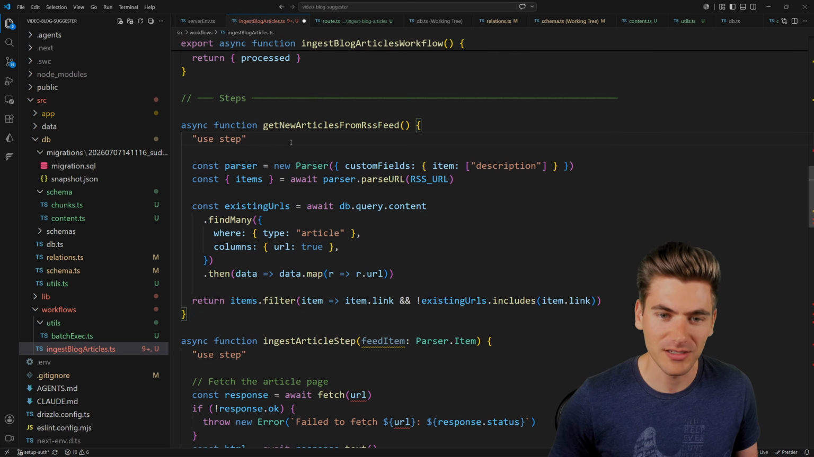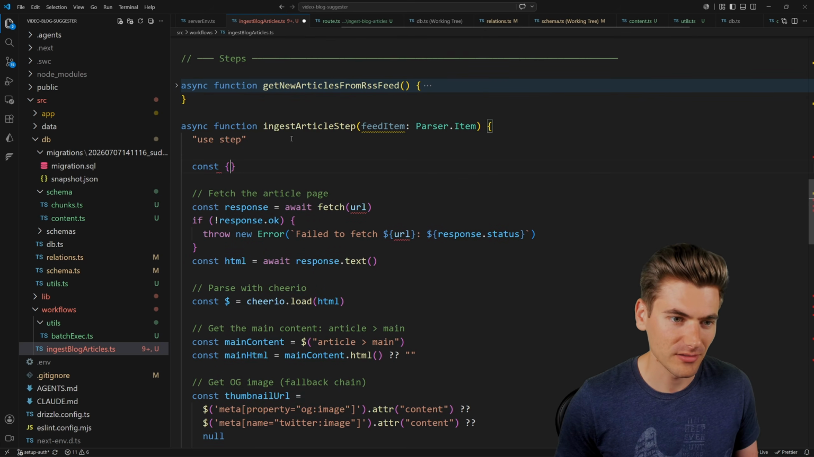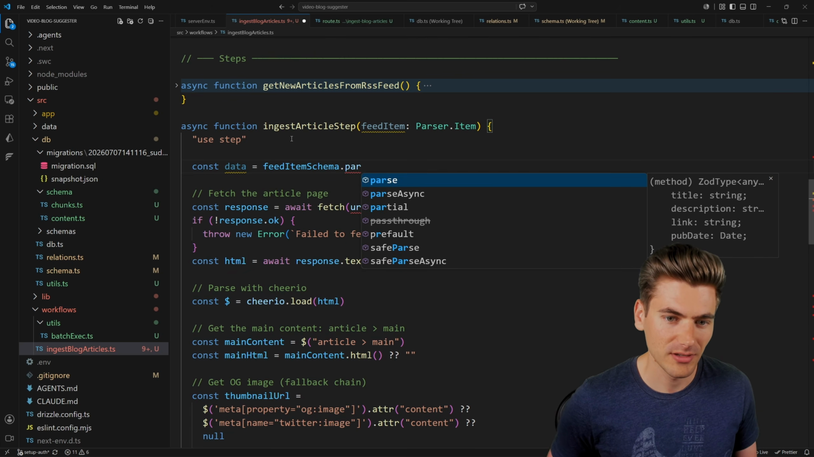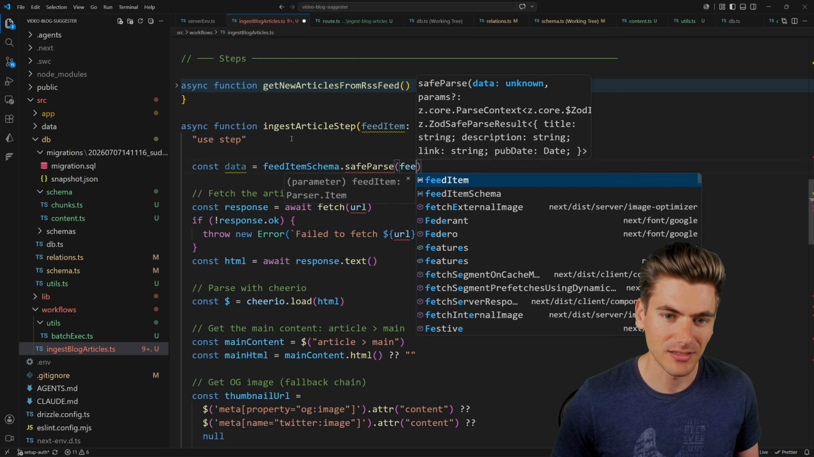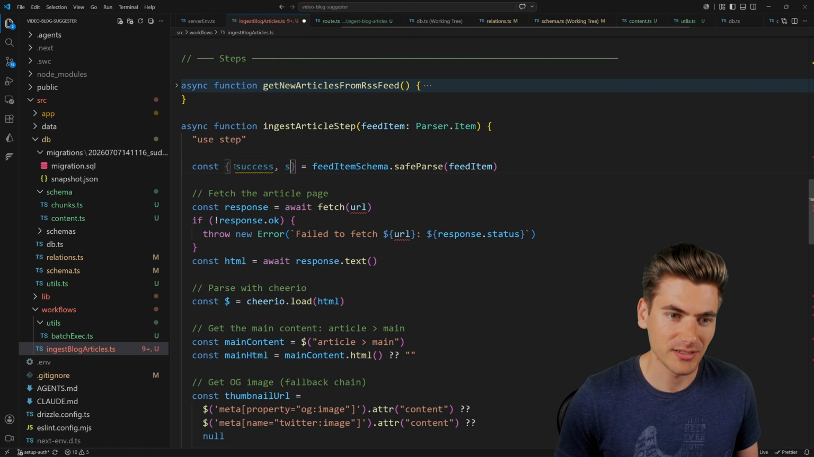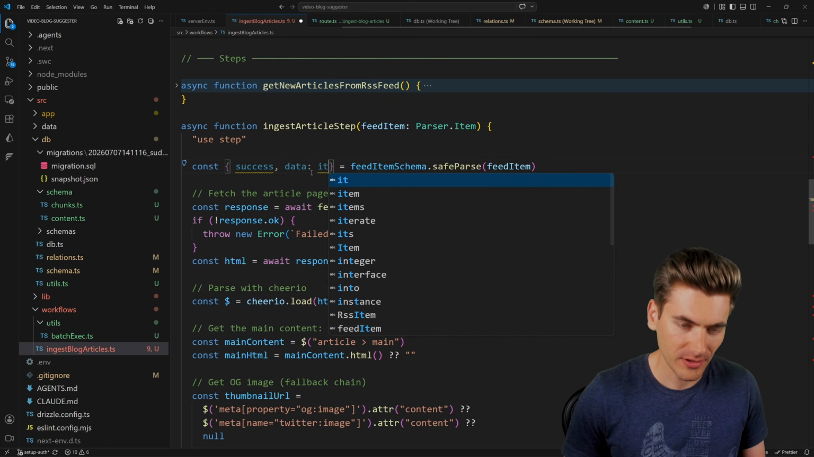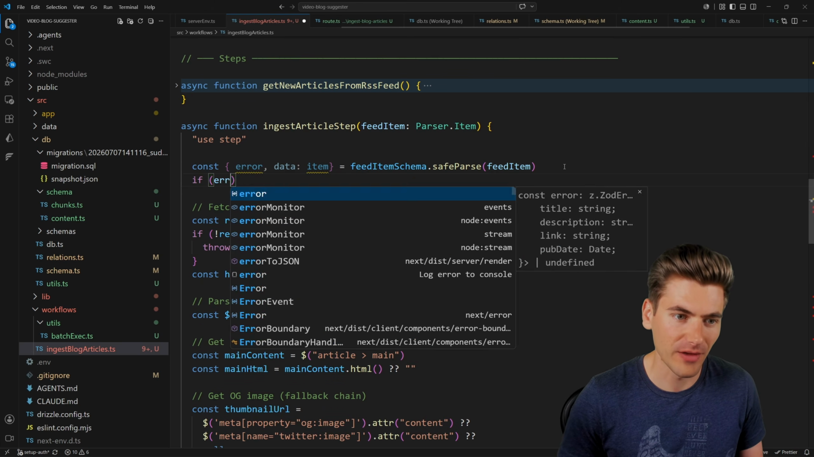So now for each one of these, what we can do is, not this section actually, this section, we can try to get our data and our success. So let's just say data for now is equal to parse, and we want to parse this safely, just like that. And then we can pass in our feed item. There we go. That's going to give us this data right here. So let's make sure that we get our success and our data. And we can actually call this item. And instead of the success, I actually care more about the error. So if we have an error,